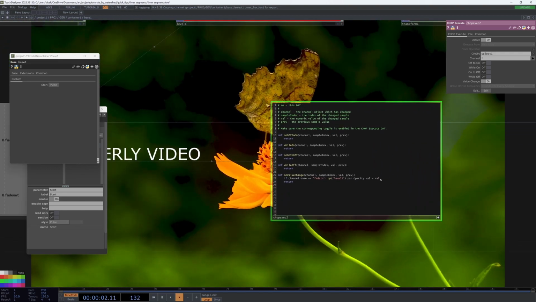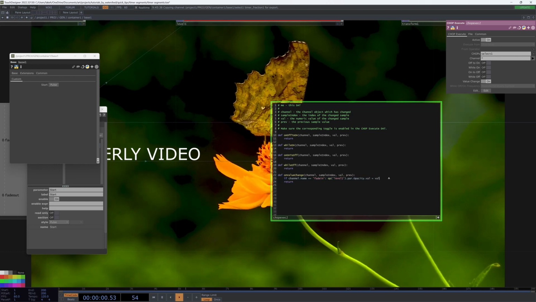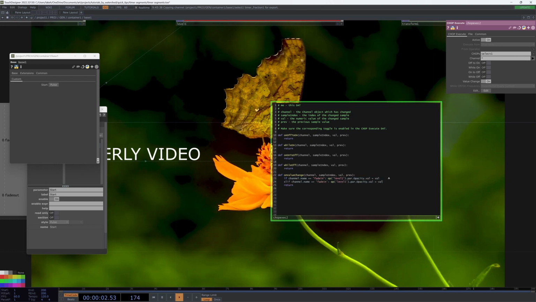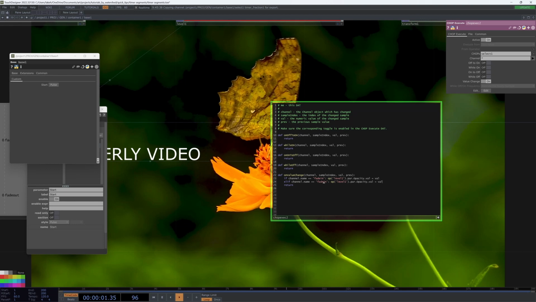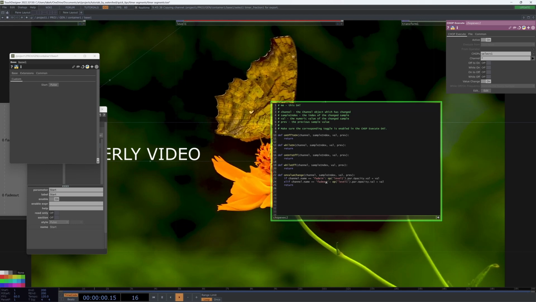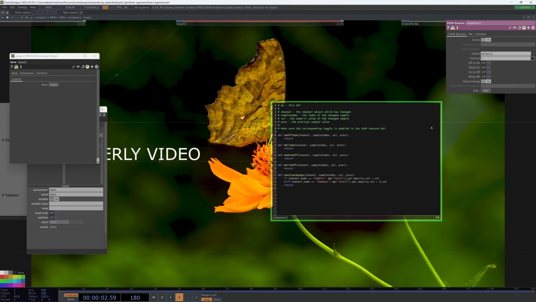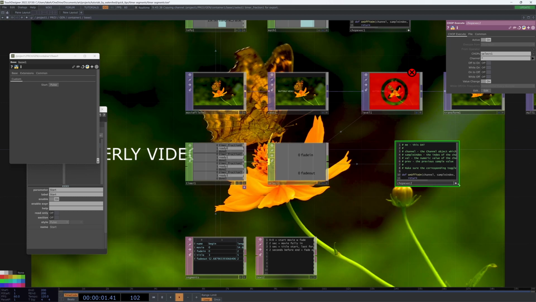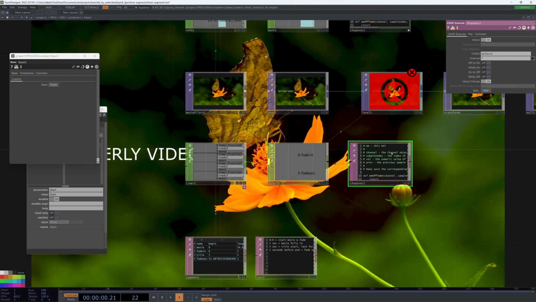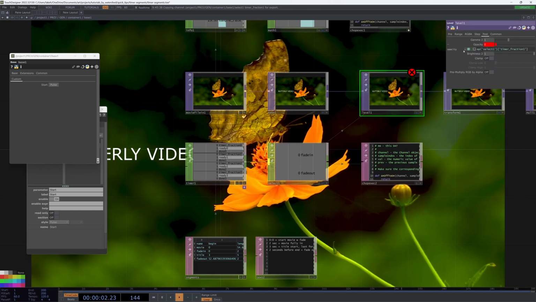And that's because we're going from 0 to 1. Elif our channel name equals fade out, then we're going to want that parameter to be 1 minus our value, and that will go from 1 to 0. I'm going to get rid of this,